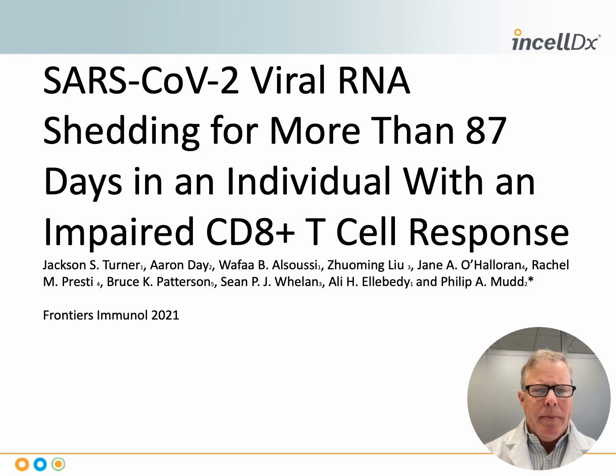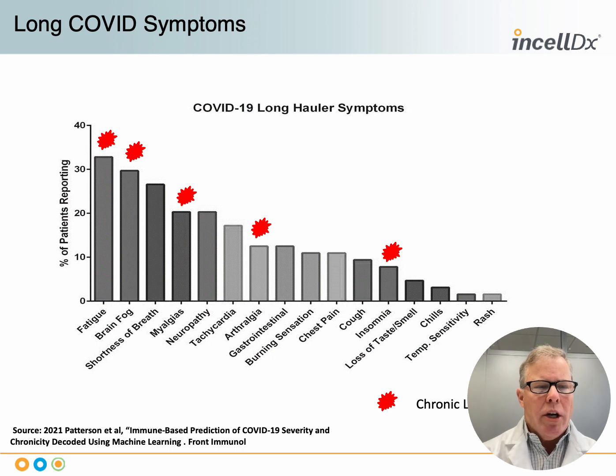And in fact, one has to be cognizant of the timing of evaluating long COVID. As we showed in 2021, one can see viral mRNA shedding and replication in the first 3 months following acute infection in patients with impaired CD8 T cell responses. And in fact, more than half of the long COVID patients that we see have either decreased CD8 T cells, exhausted CD8 T cells, or still continue to express low levels of granzyme A. So what does that do? Well, long COVID, of course,